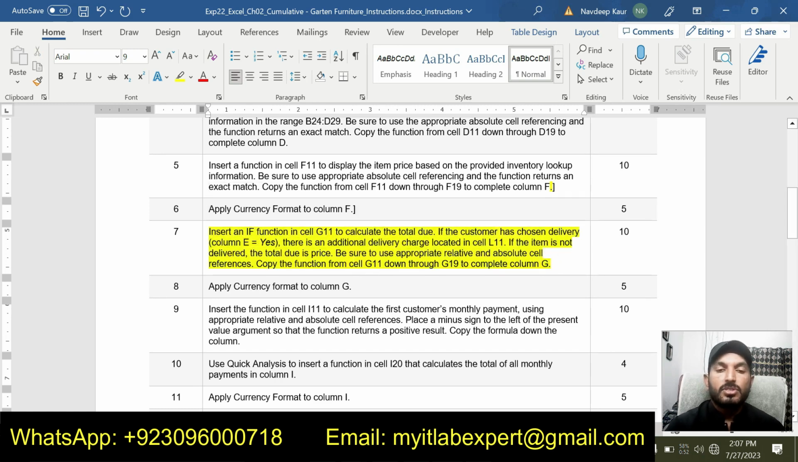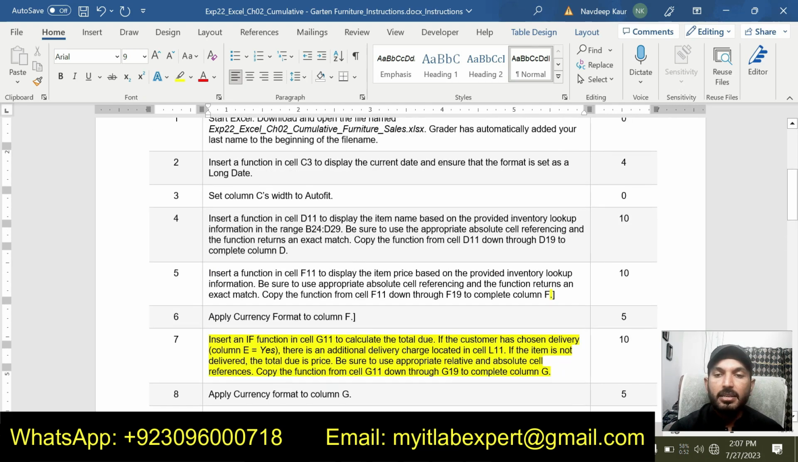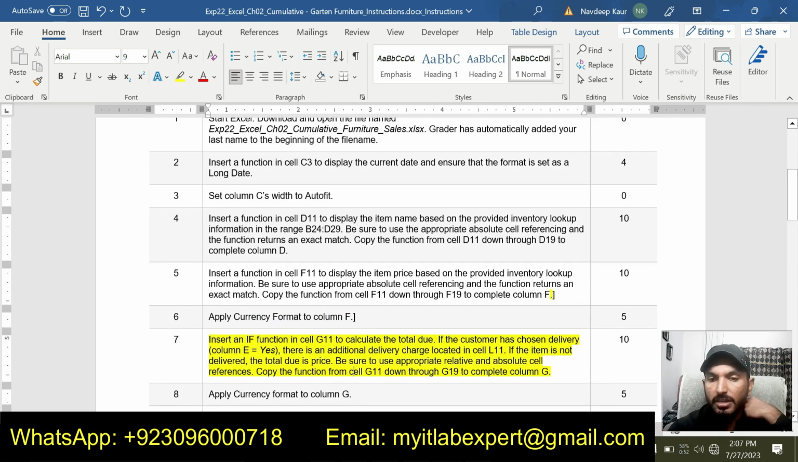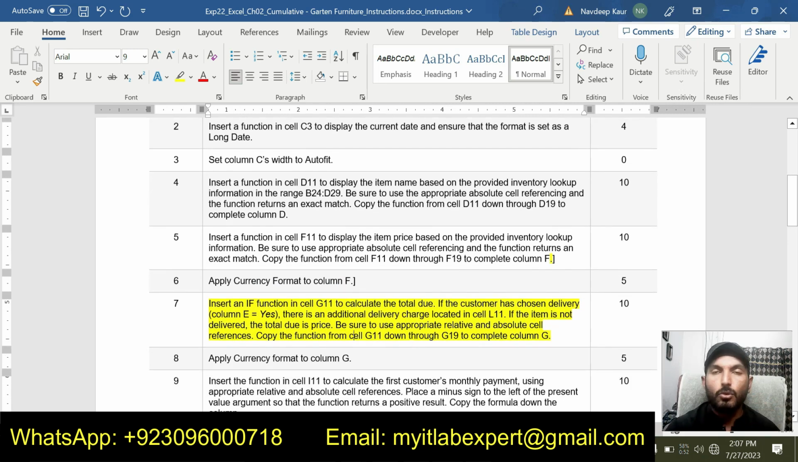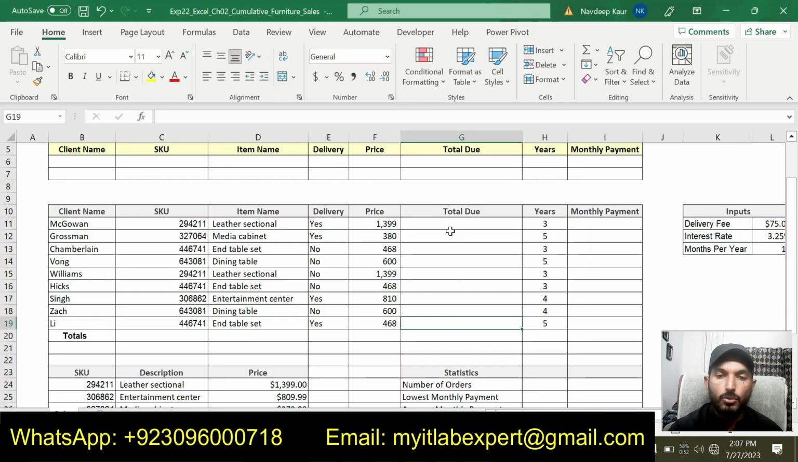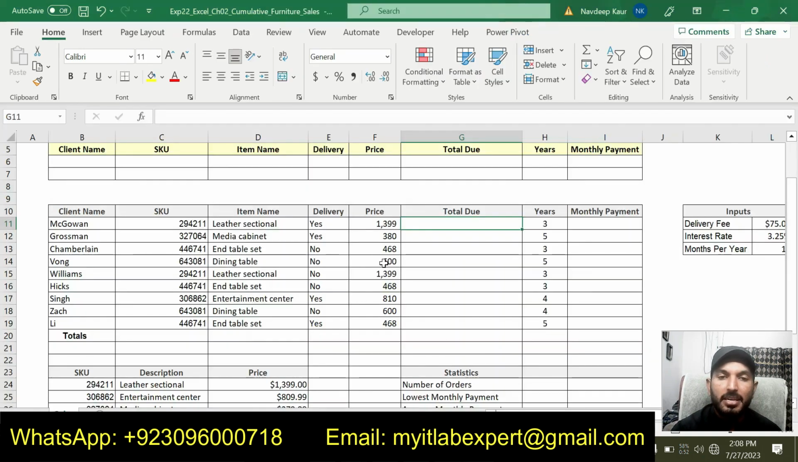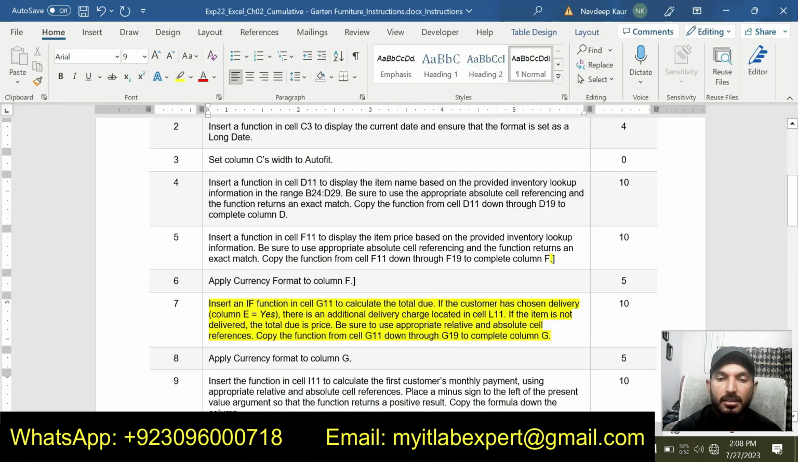Step number 7 is insert an IF function in cell G11 to calculate the total due. So now we are supposed to calculate the total due in cell G11. We are using an IF function, so there will be two conditions for this IF function. The first condition is if the customer has chosen delivery, column E is equal to yes, meaning the customer is taking it as delivery, then